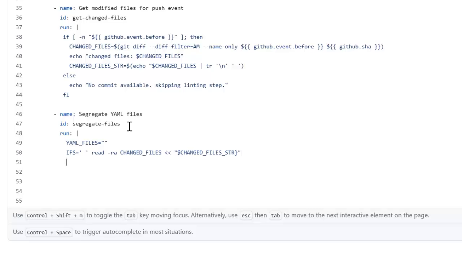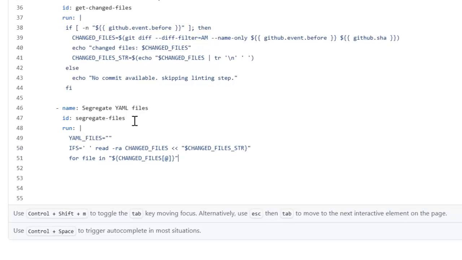This is closed. Now we are going to iterate over that variable, for file in changed files, in this string all the files,